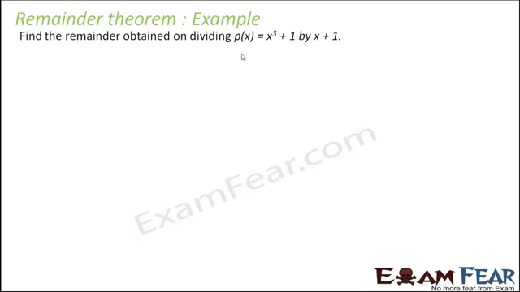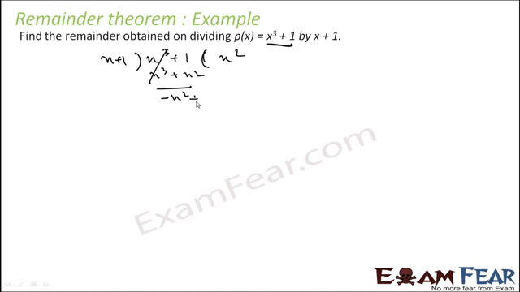So let's take some more examples. We have to find the remainder by dividing x cube plus 3 by x plus 1. We have two ways. One is that you actually divide. Let's multiply with x square. This becomes x cube plus x square. It gets cancelled. You get minus x square plus x divided by minus x square minus x. This is cancelled. You get 2x.